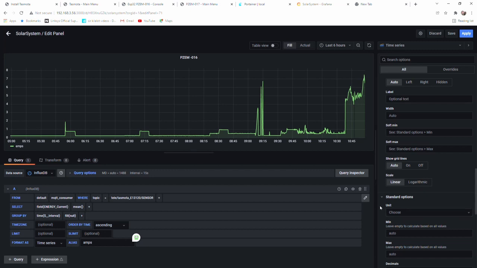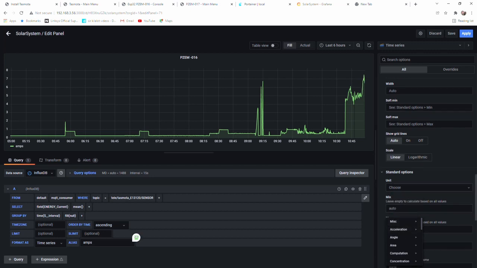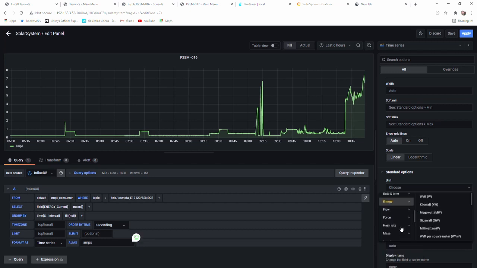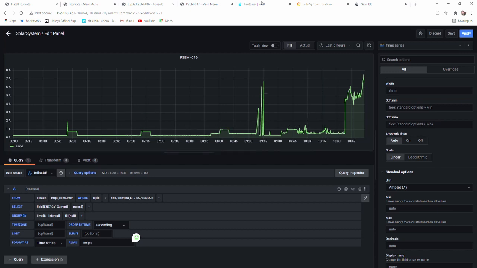So I want to have a unit. So I'm going to choose a unit, and you can see there's all these options here. I'm going to go to energy, select energy, and then there's all the different units of energy. I want amps, ampere, here we go. Select that,